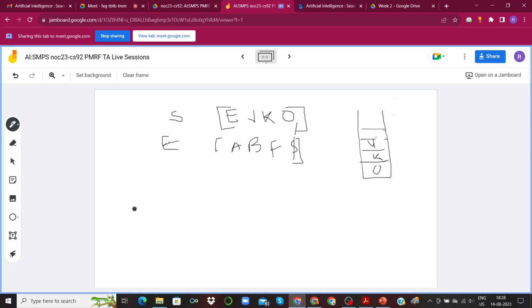Okay, so you can consider the closed list to be a stack. In the previous live session, I had said that it is not necessarily a stack, but depending on the order you want to output your closed list elements in, you can either consider it a stack or not. Suppose you are just letting things add up as and when. After S you inspected it, so you add E over here. Let's say after E you inspected A, so you add A over here in your closed list. Okay, so this is your closed list.